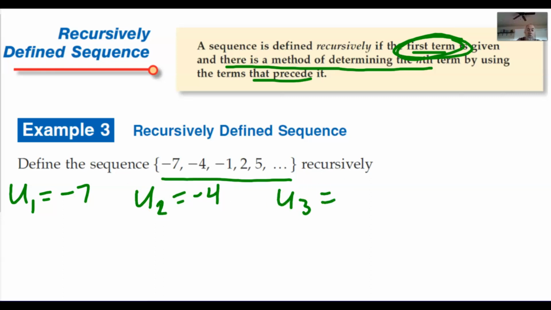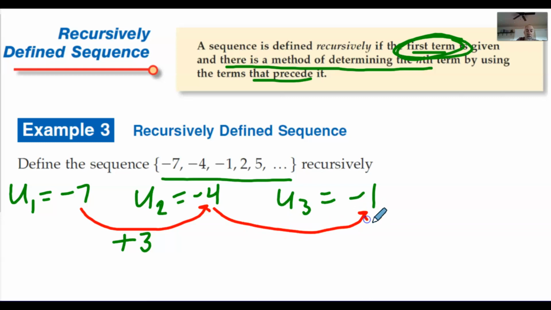The third term is -1. Now, if you have 3 terms, you can find the pattern pretty quickly. If the first term is -7 and the second term is -4, the pattern is that you add 3. If the second term is -4 and the third term is -1,